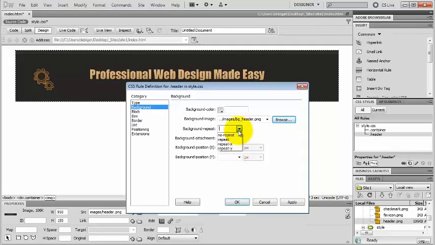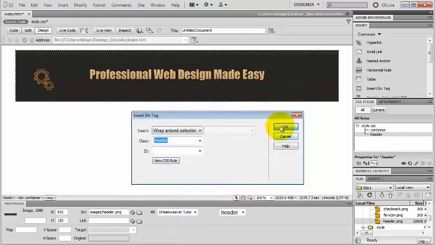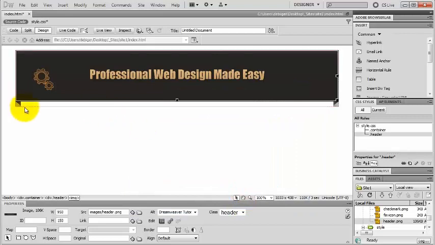And by default, a background image repeats horizontally and vertically across the whole div tag, but it's not going to repeat now because my div tag is 950 pixels wide and 165 pixels tall, just like my background image, so I don't need to set the background repeat to no repeat. So I click OK, OK again, and you can now see my background image right here. You can only see this small part of it because my header image is inside of my div tag, so